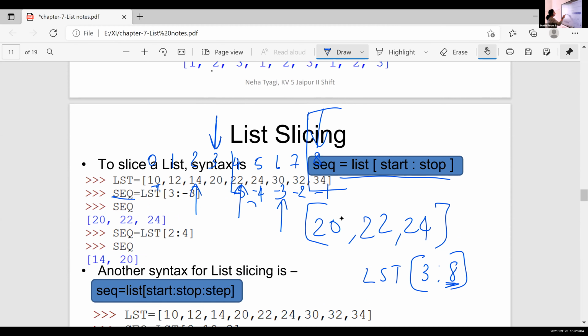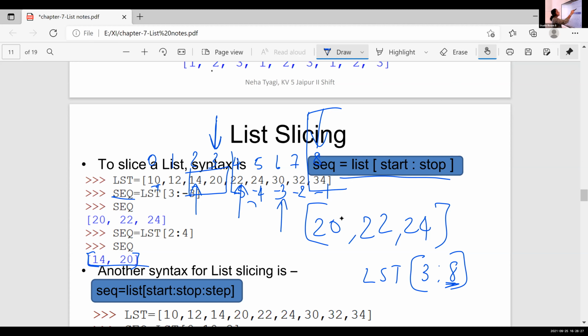So we'll just take two values, 14 and 20, as the result, and you write the result within a list, because this slicing method will return a value in the form of a list. Okay, note that point. The result of that slicing is another list.